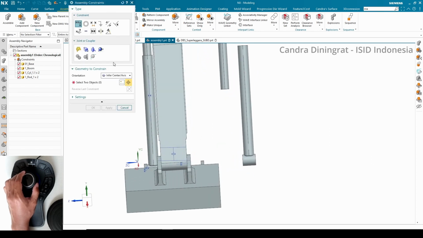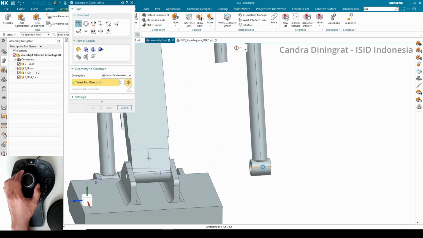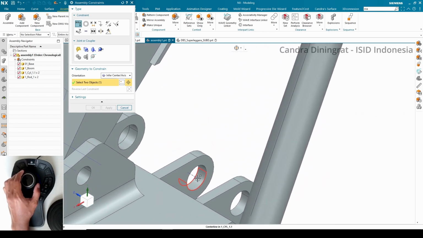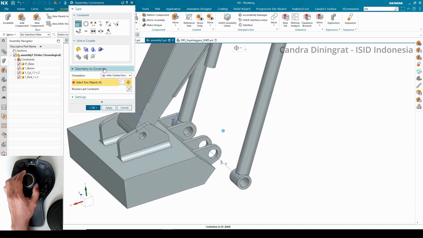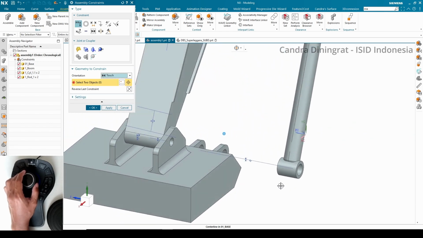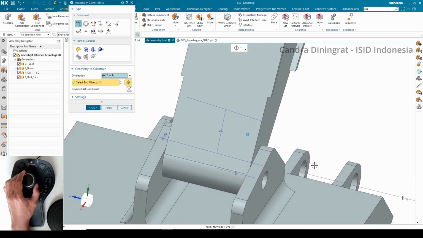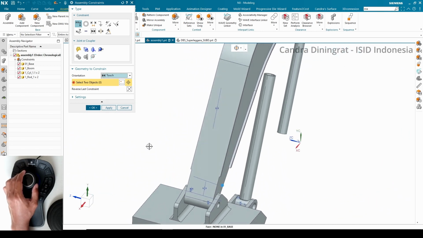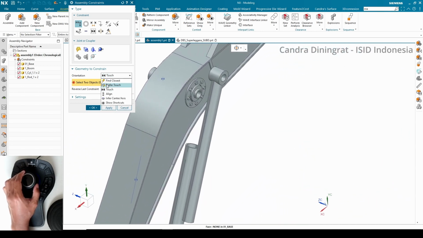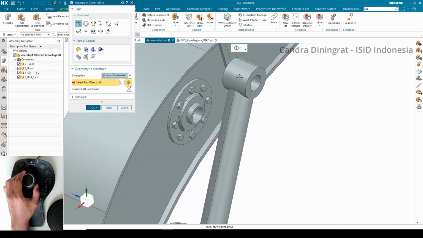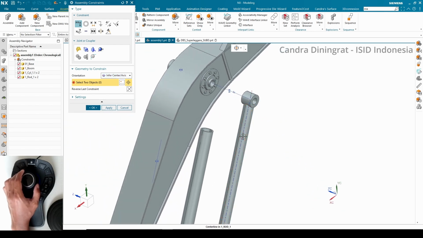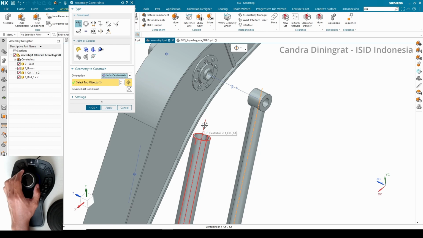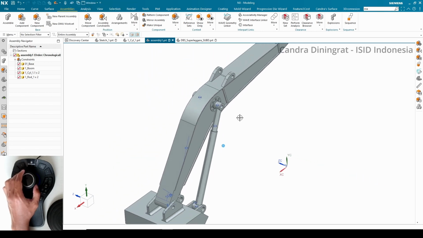Let's do it again from this axis to this axis, and I will touch this face to this face, and I will do an infer axis again between this axis to this axis, and this axis to this axis. Okay,